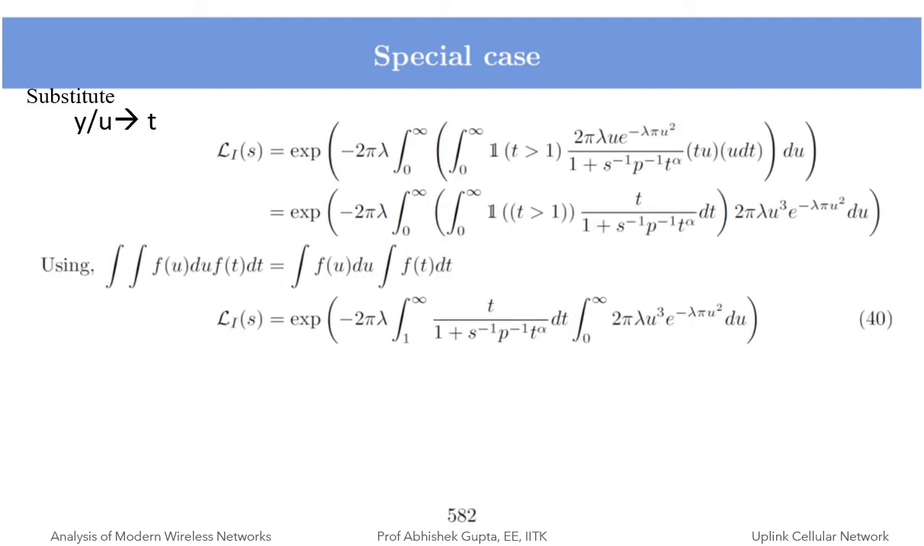Now what I do is I do a substitution. I put y equal to ut. In that case, you will see this indicator become t greater than 1. Wherever there was y by u, that becomes t. And then some substitution term will also come. Now after further manipulation, you will see